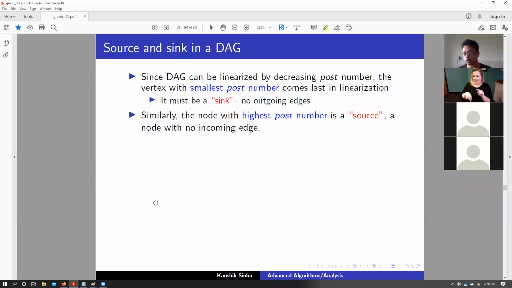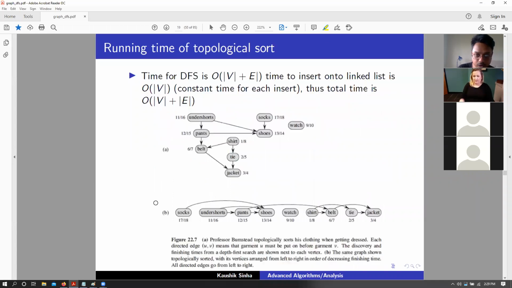Okay. So now if you look at these particular nodes in this topological order, you will notice a couple of things. So note that socks and undershorts and these nodes are essentially source nodes that always go somewhere to another set